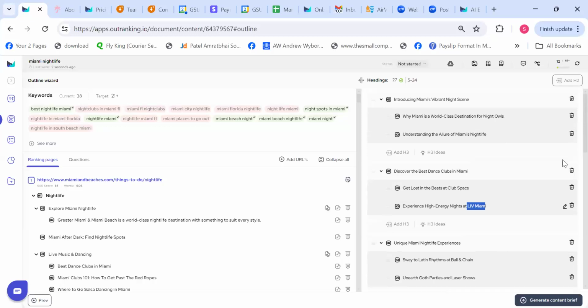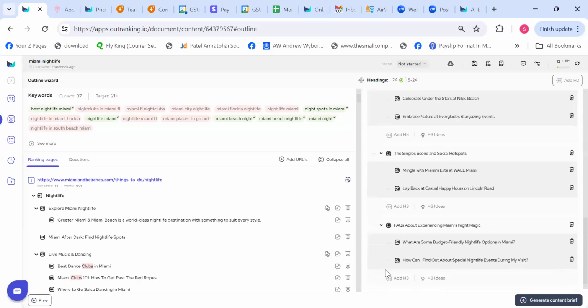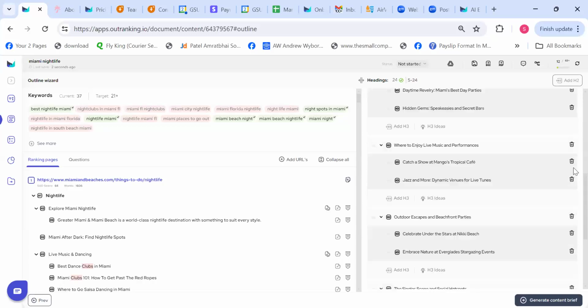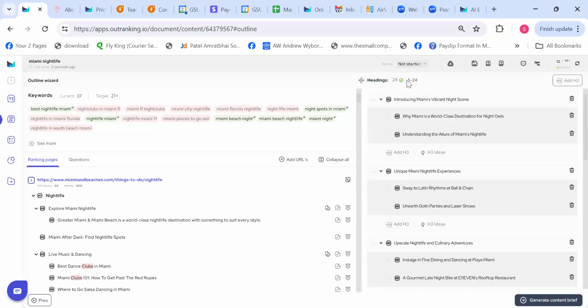Let's say if you want to remove something, you can simply delete it from here. Or let's say if you want to change the sequence of it, you can simply drag and drop it and make your own set of sequence. And once you have the perfect outline, make sure that you look here, which says 5 to 24 outlines. And we have 24. So we are good to go. And make sure that you are in between this range when it comes to outlines. Don't go way too overboard, like adding more than 24. One or two more outlines, that is fine, but don't go way too overboard. And I would like to show you something very interesting here.